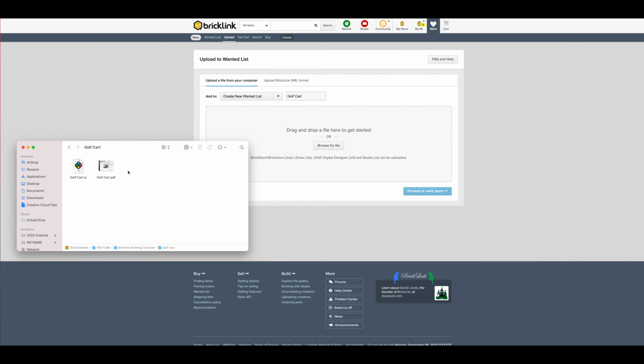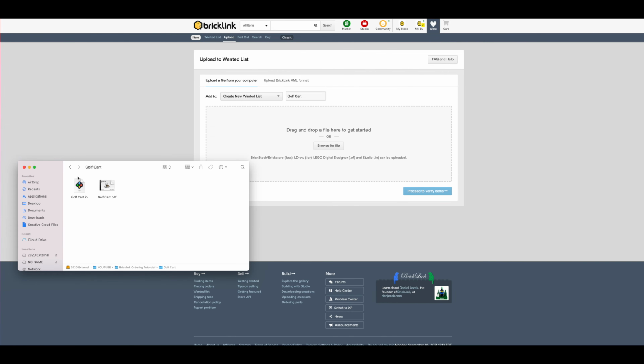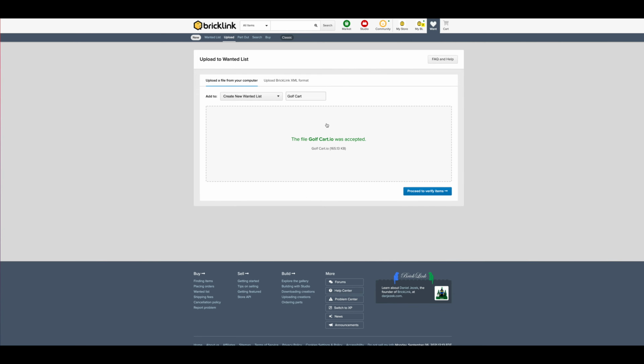So once that is opened, and I'll bring you back to this screen here. I've got both files right here. This .io file is the parts file. If you drag and drop that onto Bricklink, you can see that it was accepted. You go to proceed to verify items,